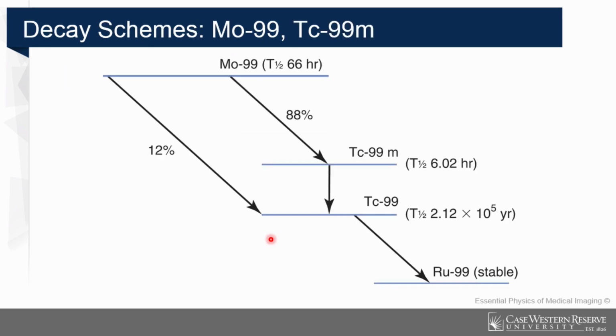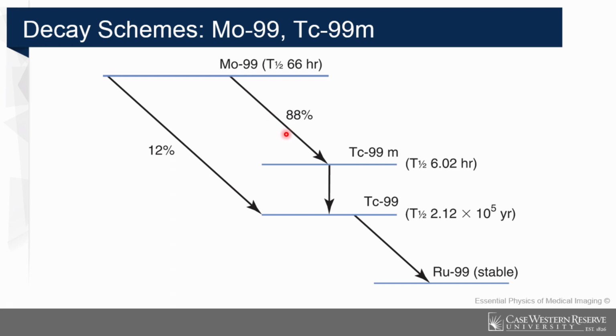So here is the decay scheme. Molybdenum-99 half-life is 66 hours. Half-life means the time it takes for a radionuclide to decay to half of its initial activity. So this is pretty long. Molybdenum-99 is coming from the nuclear reactor, as we covered before. When you put it inside a generator, you can place it in any nuclear medicine clinic, and it will decay mostly